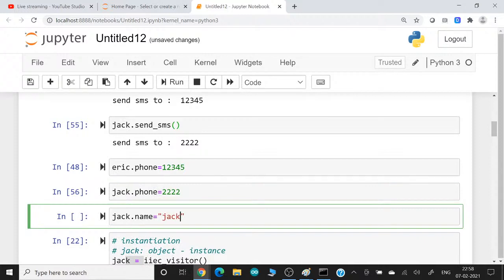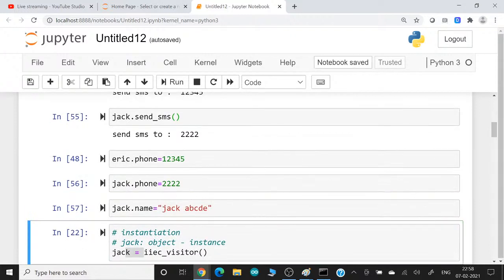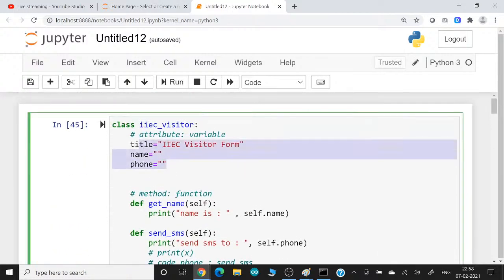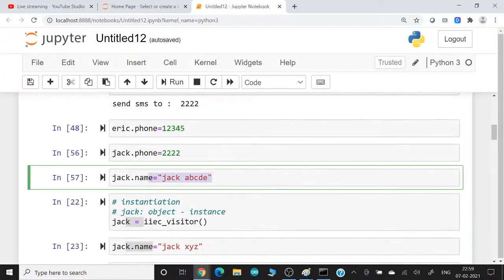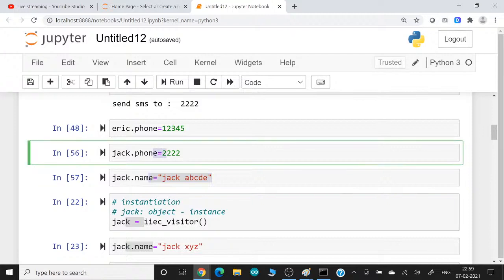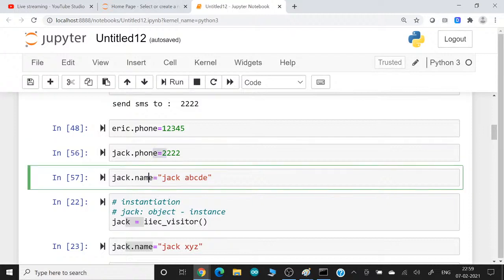Let's say Jack ABCD E. Okay, so right now if you see, if I have a class or a template, a form that has 10 variables, so 10 times they have to type like Jack phone, Jack name. Okay, so to make the thing again simpler and very logical, the way we use in the real world,